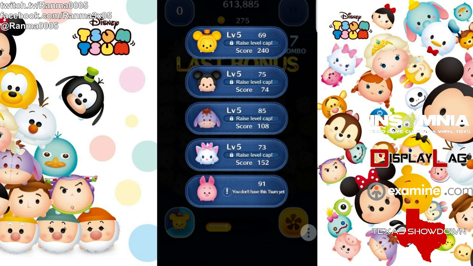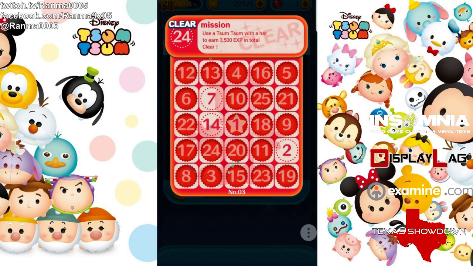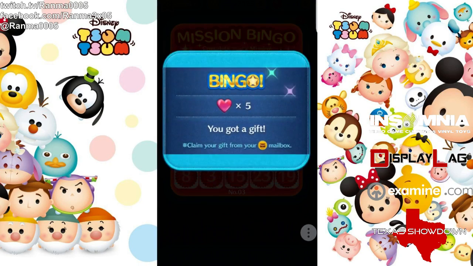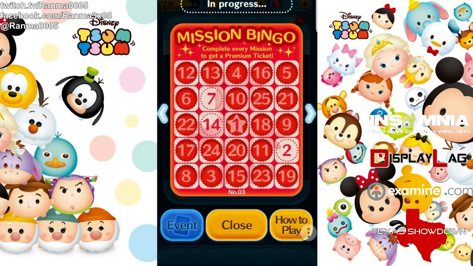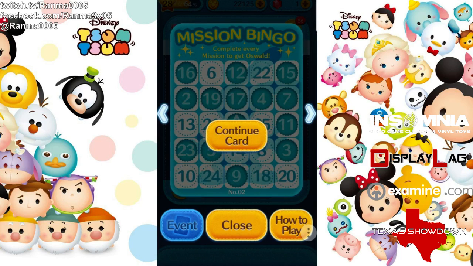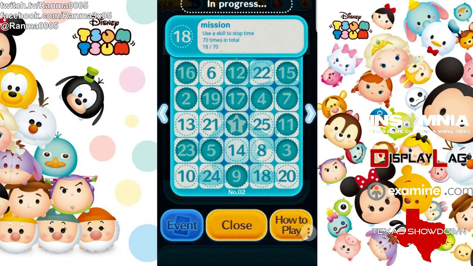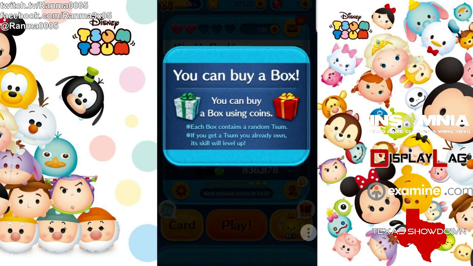Okay, so that should be enough to get me the bingo here. Yep. Okay, so single bingos, you get a gift. So this one gave me 5 hearts. Okay, so that's enough for there. The rest of these are not something I can do right now. And we'll just deal with that. Okay, so